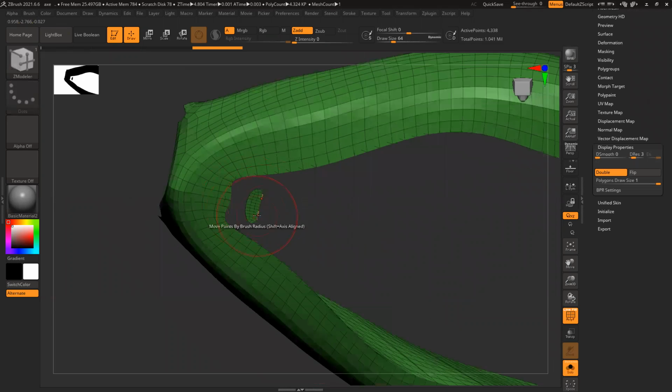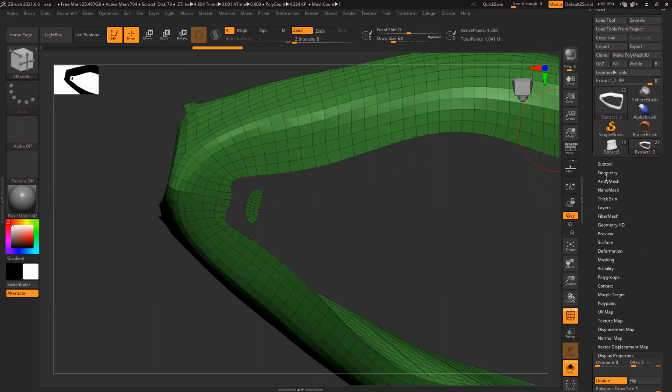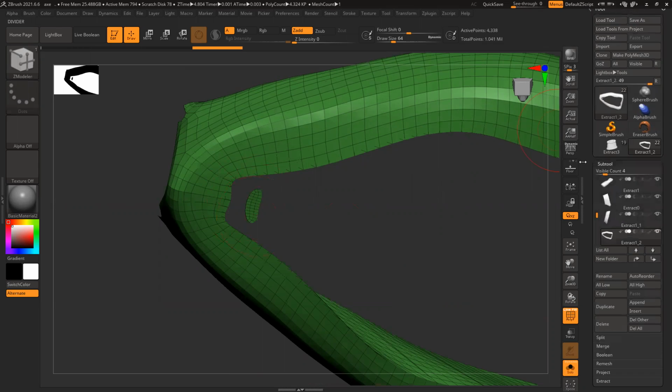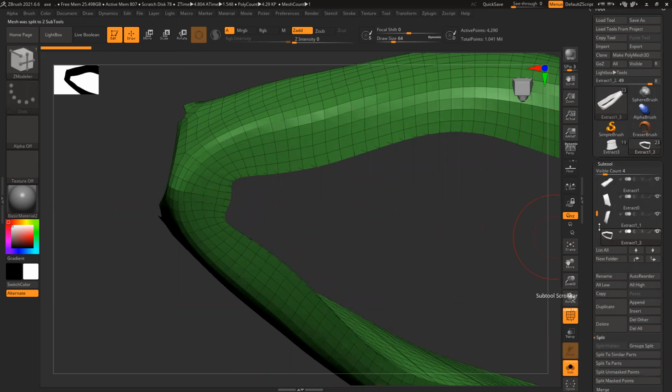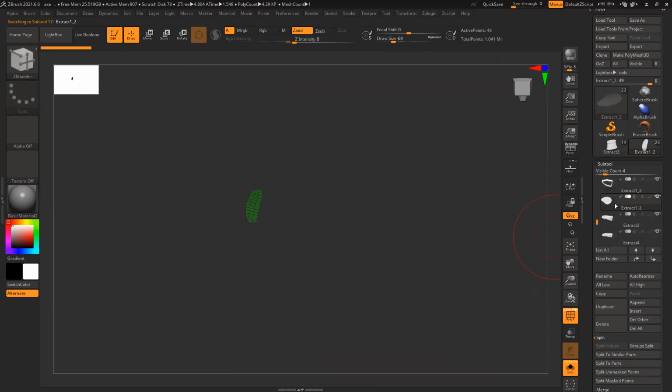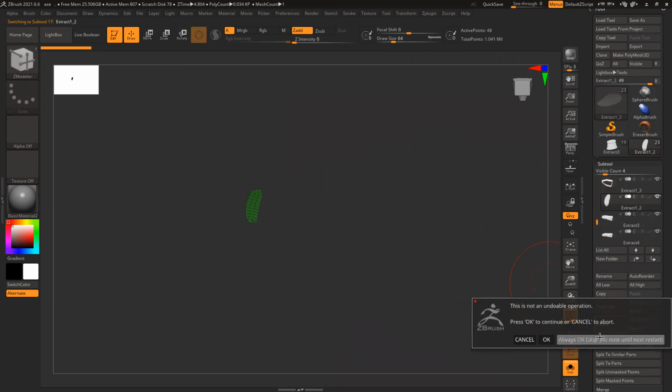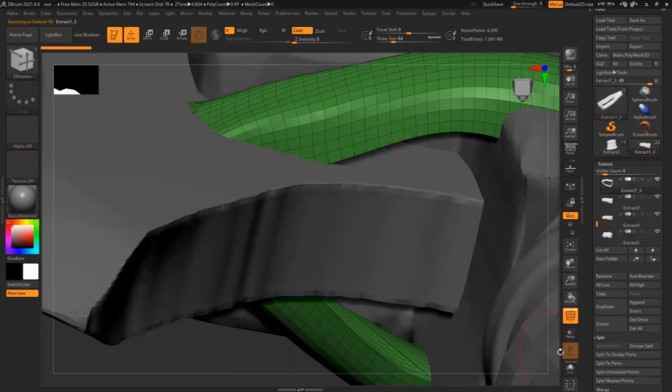So this part is not required. So I can go to subtool, split to parts. So that section will be separated. This one, delete it. Not required.